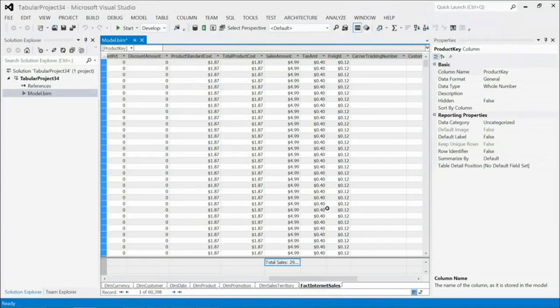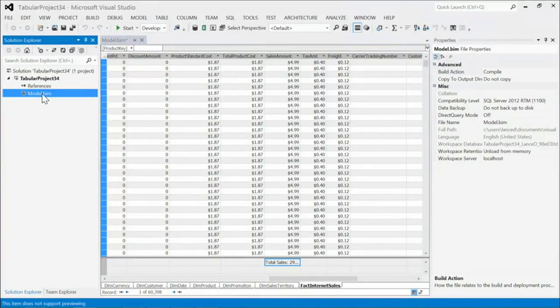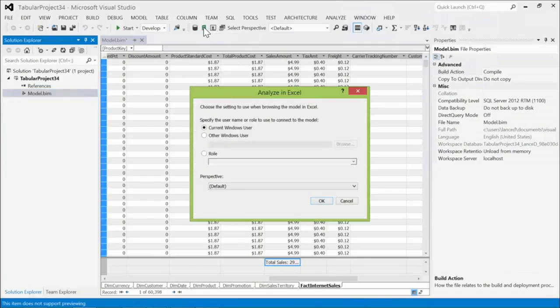And it can go out to multiple other users. So whether you're working with a single SQL Express mode, or all the way up to a full-on corporate data warehouse, the tooling is the same. Exactly. And now what I have here is a project. I can check this into source code control, right? So I can do all the team-based things that I normally do. I mentioned briefly that if I'm here in